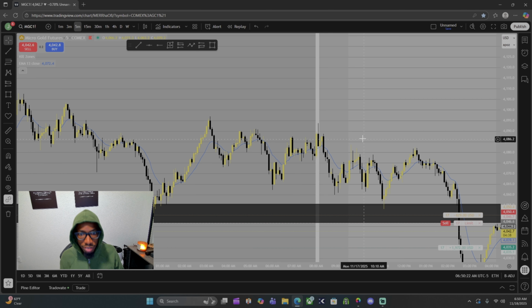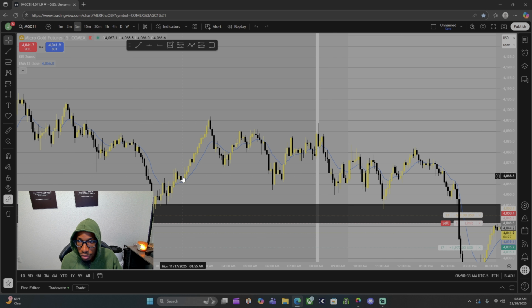But it is what it is. Can't be upset about it. But yeah, yesterday's loss was kind of shocking, not gonna lie. Definitely should have been a dub yesterday, especially after coming off of this zone. And it didn't touch the other zone, which would be up here, because that's the highest point.